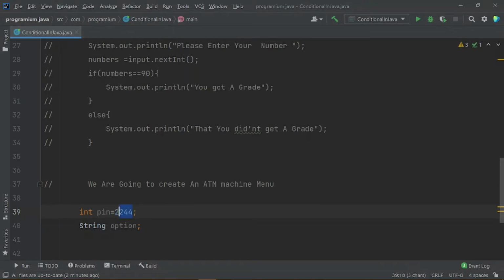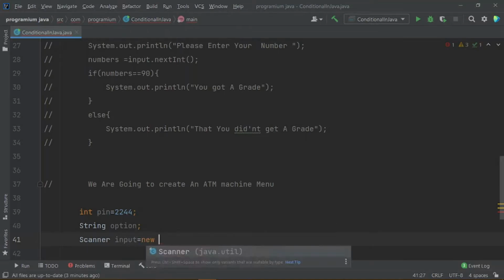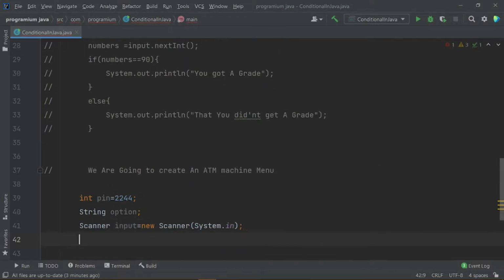Just for an example, we will say that this is the pin of a specific user. So I have prompted the options here, and now I am creating a scanner object again. Input is equal to new Scanner System.in, and I would tell the user, please enter your pin.